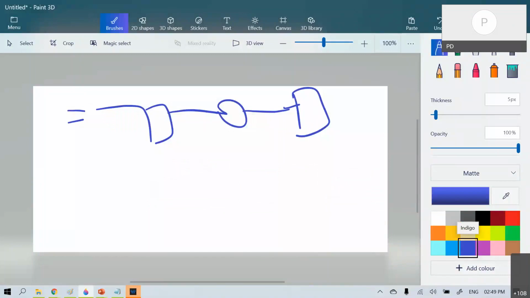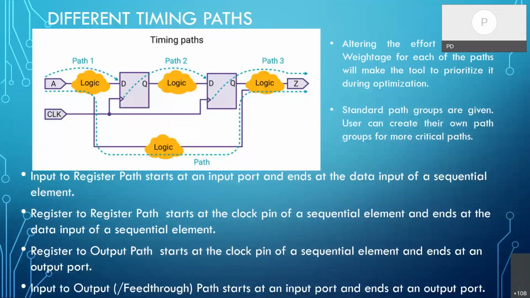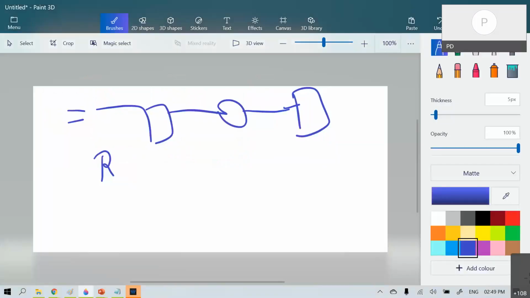So we can tell the tool, okay, in my design, for example, some of my register to register paths are not converging, in the sense timing wise. Based on the constraint, the data should travel from this flop to this flop in a particular time.